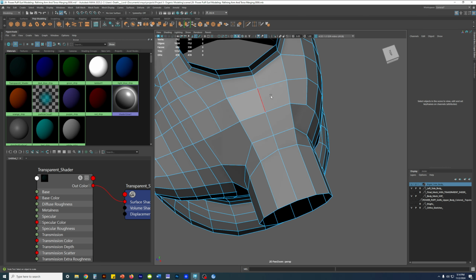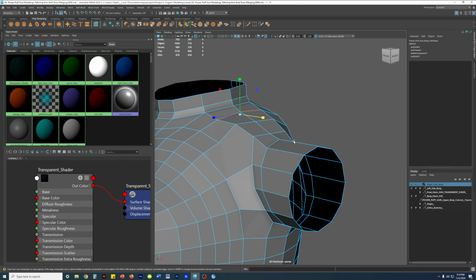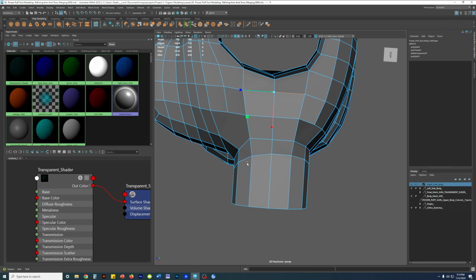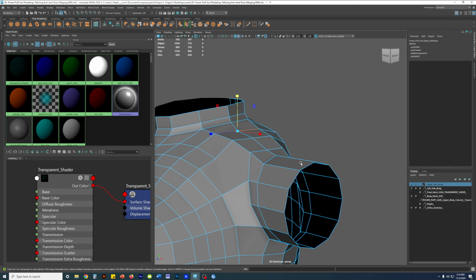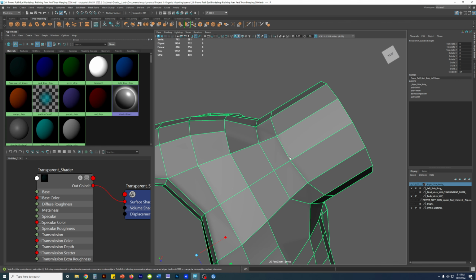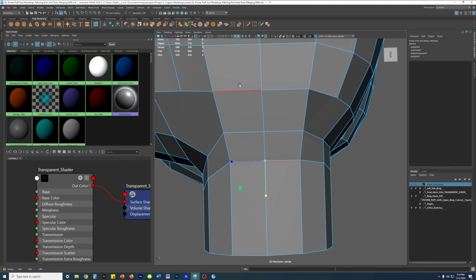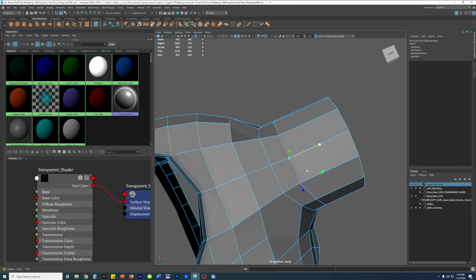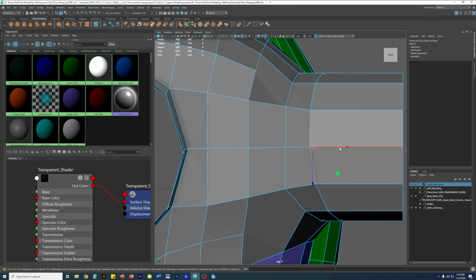Straighten it out. Doing this on purpose so that I don't have to worry about skewing lines. And then I can grab, maybe I'll grab this and this, then do that, right? This and this,